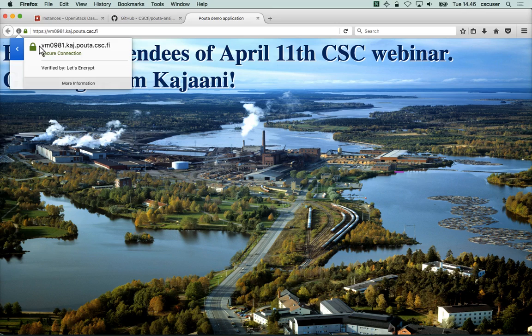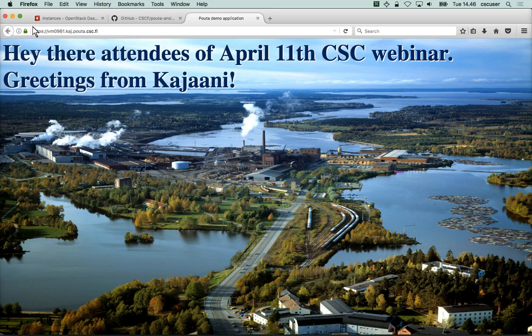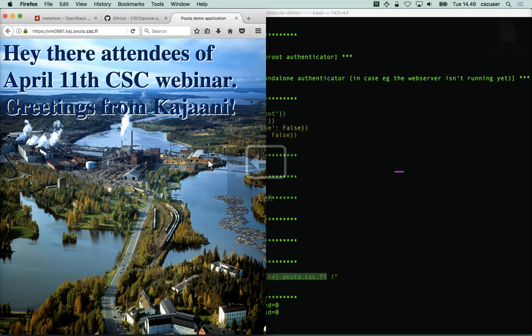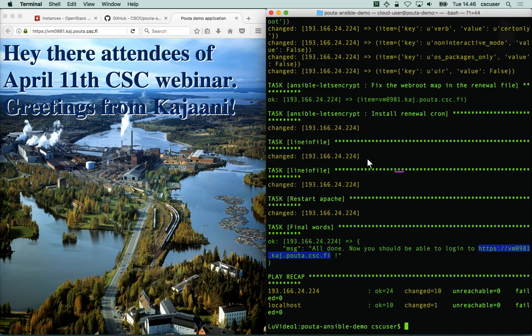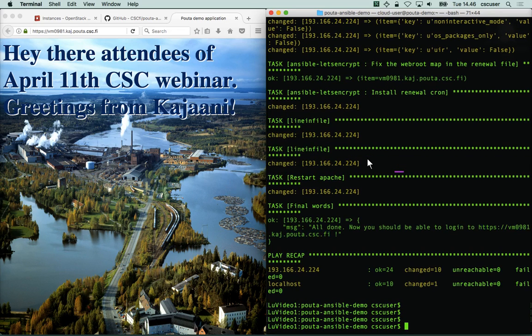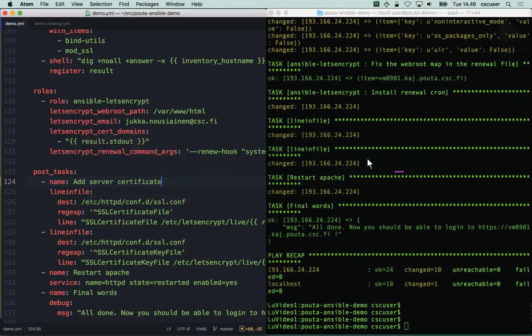If I were malicious, I could install who knows what kind of evil software here on the server side, but that's another story in itself. So we are now able to successfully serve this web page through a secure transport, and any other certificate authority could also be used if there are requirements for stuff like that. Okay, but